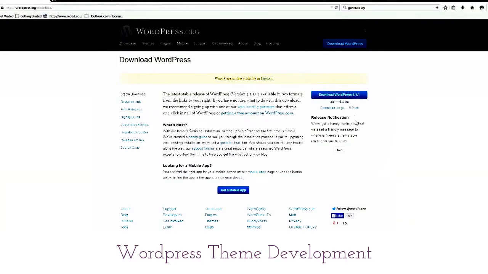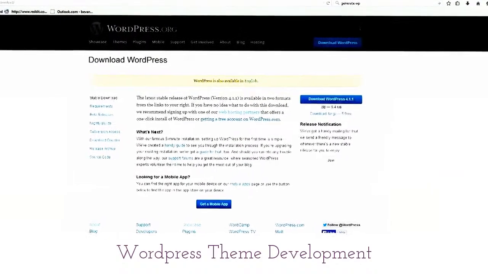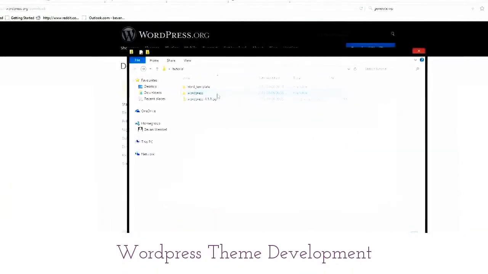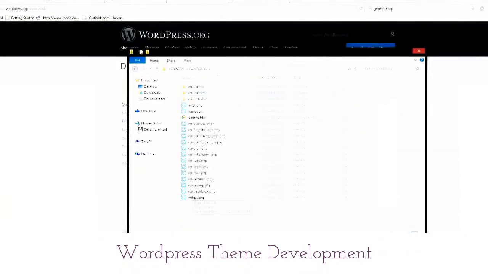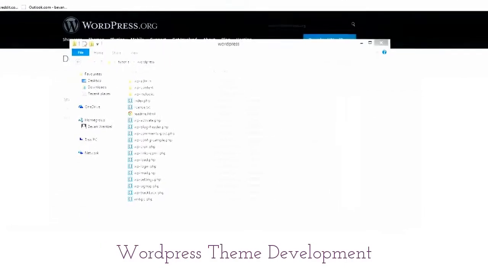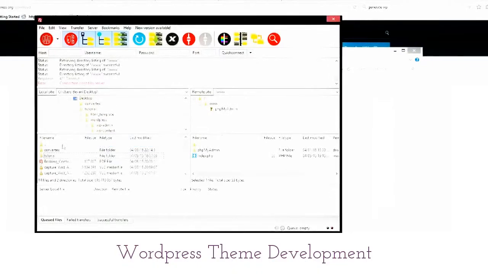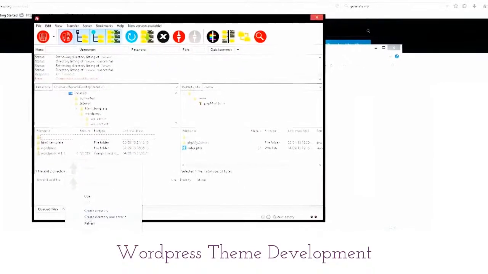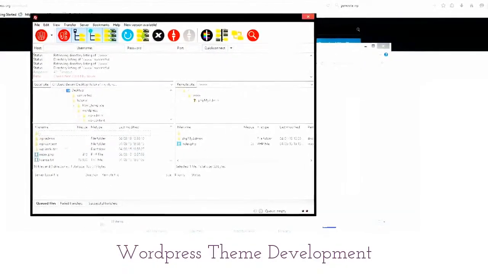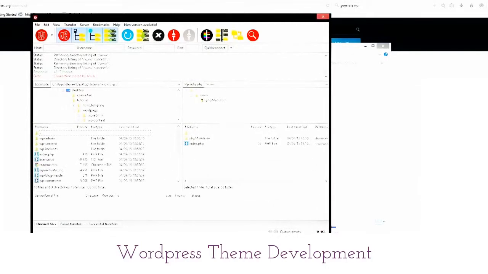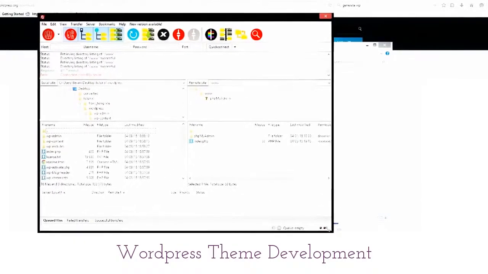We can begin by downloading WordPress. In the interest of time, I've already done that, so I've downloaded WordPress. Okay, so then we can start by going into our WordPress folder. We see there's a number of files. Okay, that's good. So now the first thing we need to do once we've downloaded WordPress is